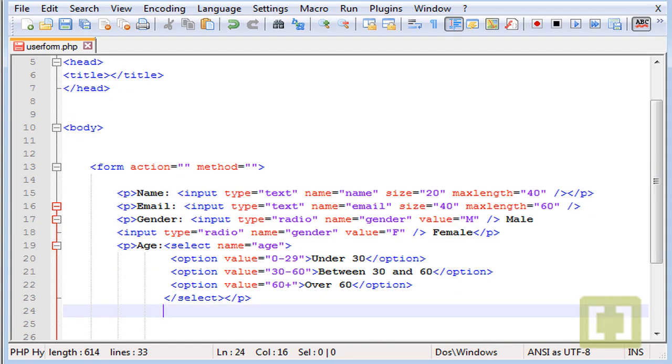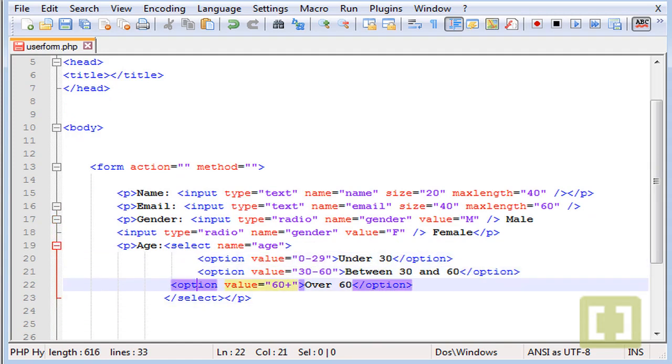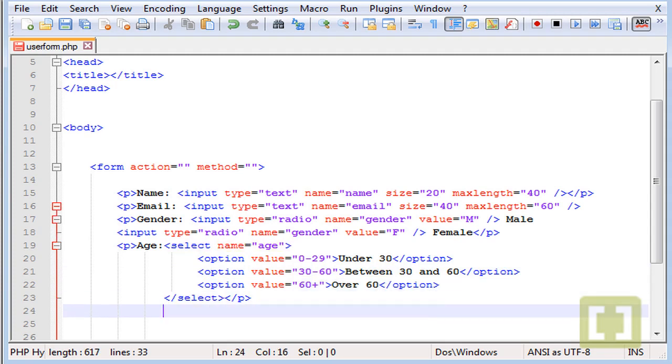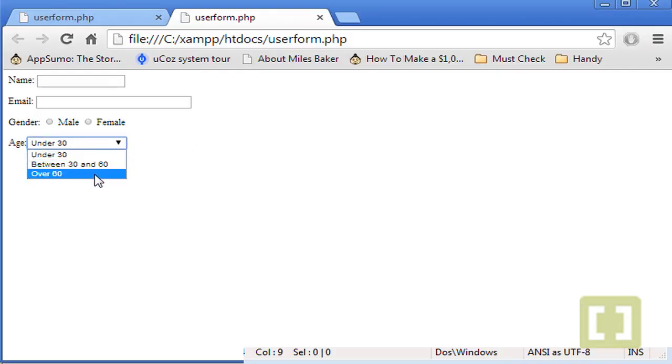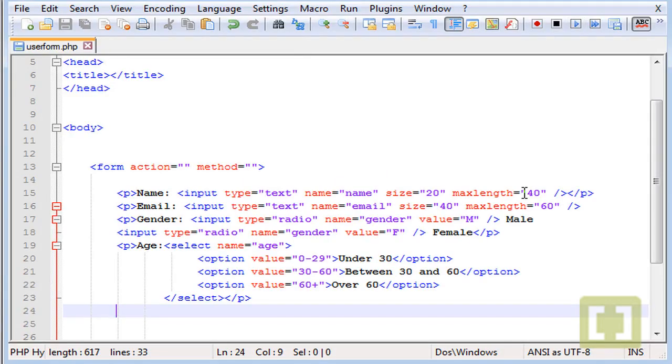Okay, so basically, let me indent this so it's better presented. So basically, we have now an input name, input email, a radio button for the gender, and also a drop box with several options for the age. So let me check this. And yep, okay, great. So we have a lot of different types of inputs, or all the different types of inputs. I'm still missing one, which is the